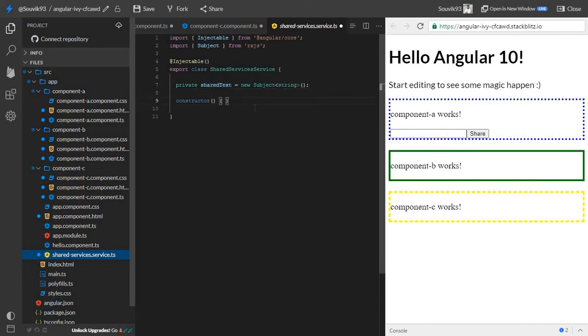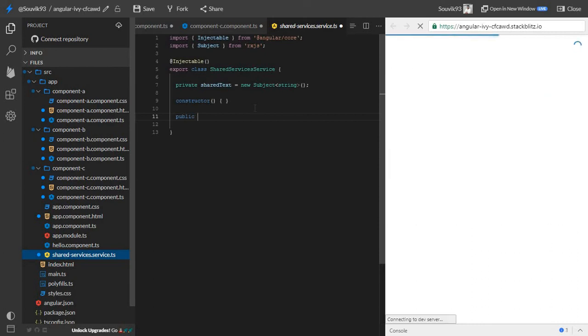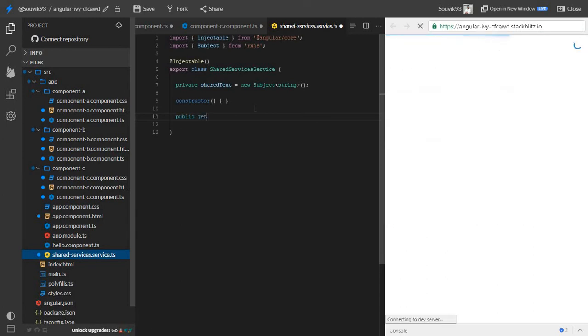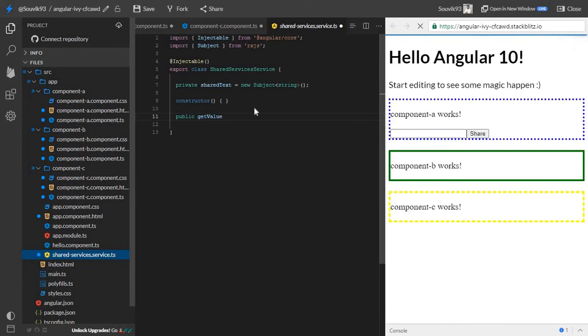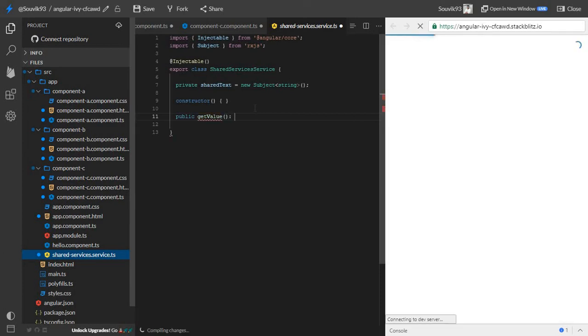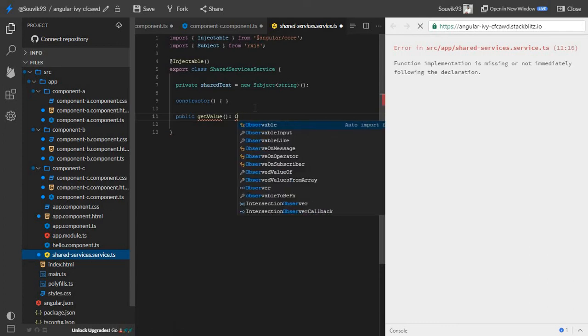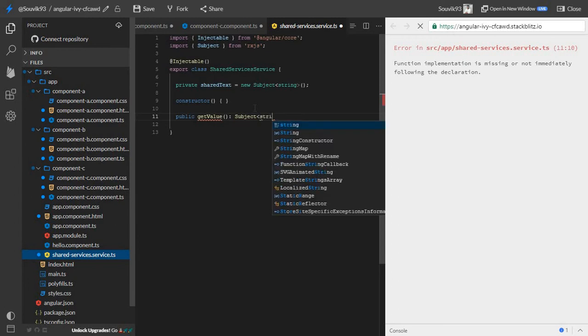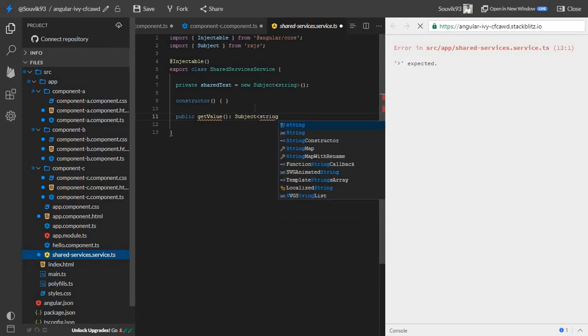Now I will create two methods, a getter and a setter. They should be public, since we are going to access them from other components. For the getter, let me name it getValue, and my return type will be Observable of string.